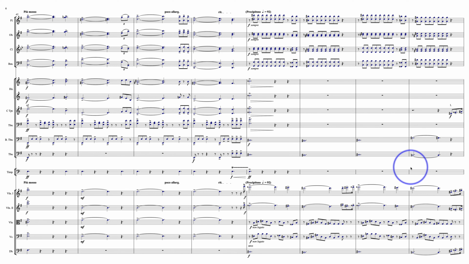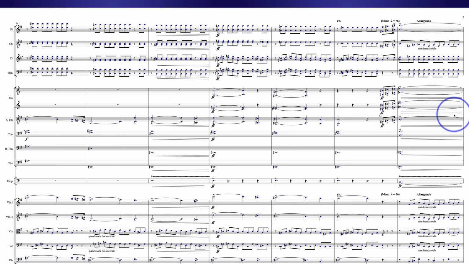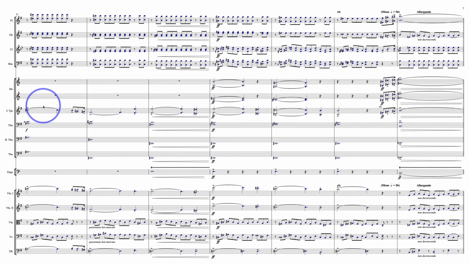Okay, so for the problem, right? Basically the melody doesn't really have much. We just have octaves here in the strings, and I just feel they need a little bit more weight, right? They don't really get any significant doubling until C trumpet comes in here. And while this is very welcome, it's still not strong enough to really bolster what's going on in the violins.